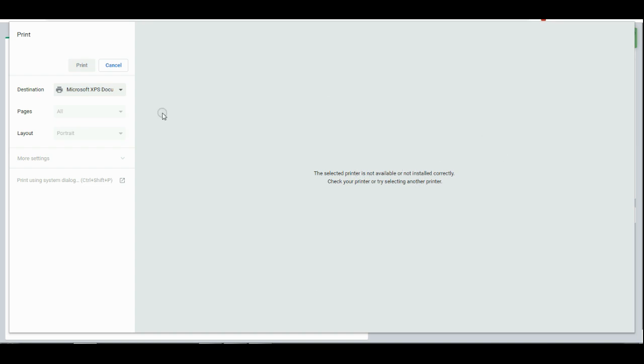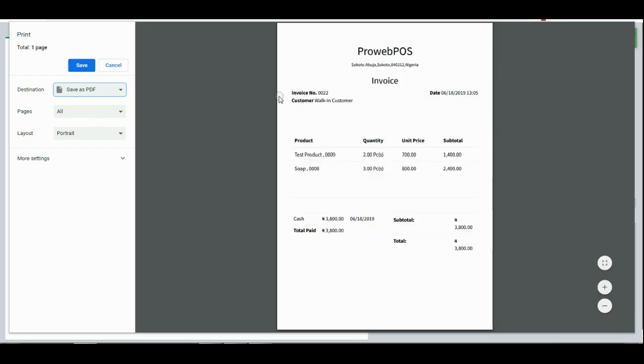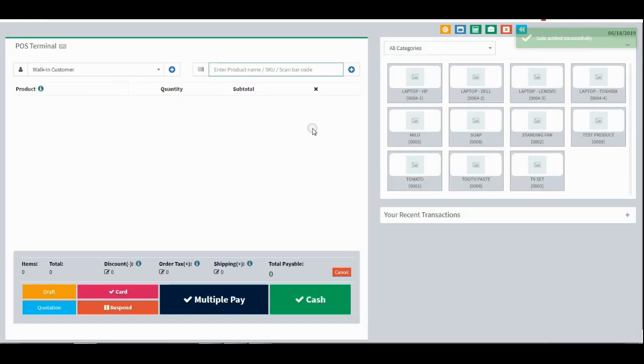There's no printer right here, but if you have a printer installed, you can do that. Right now this is how the invoice will look, and you can just print from here. And the next thing you're going to do is click on this go back,